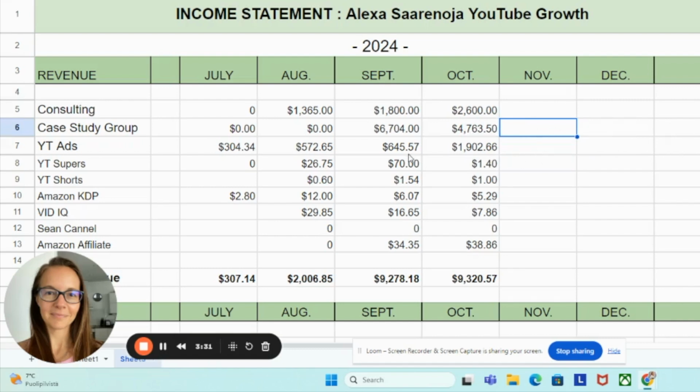But anyway, my point is I wanted to show you that if I just focused on consulting, I would get to $2,600 a month. Now it would probably continue to increase. If I just focused on YouTube ads, it would be $1,900. But as you can see, if you mix in lots of different ways to make money, then you could make more money easier. Yes, I could go all in on consulting and consult all day, every day, but I'm an